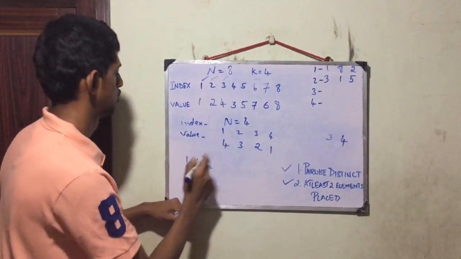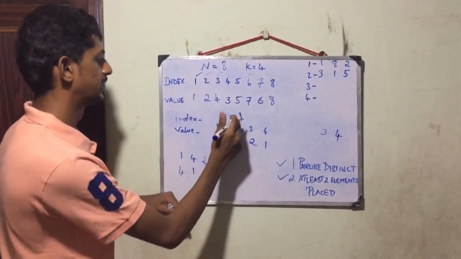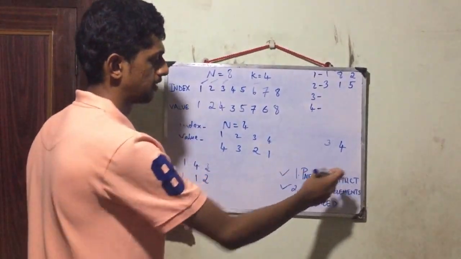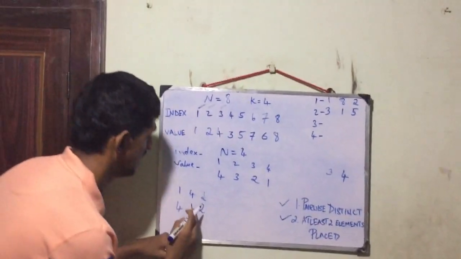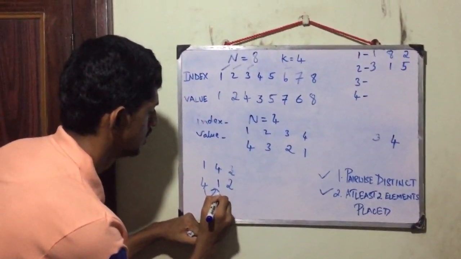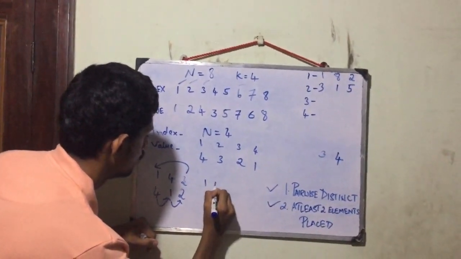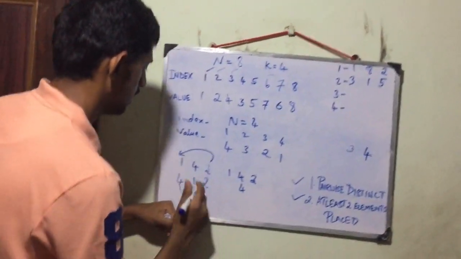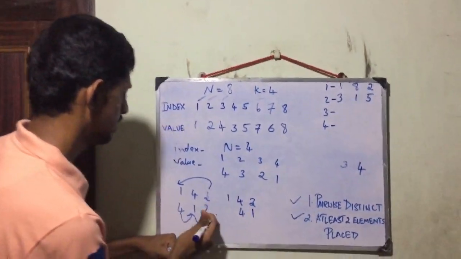So its corresponding values are 4. In the fourth index you have 1. And then in the third index you have value 2. Now 1, 4, 3, yes, they are pairwise distinct. Therefore I am going to perform a right cyclic shift. 4 goes here, 1 goes here, and then 2 comes here. So 1, 4, 3: 4 comes here, and then 1 comes here, and then 2 goes here.